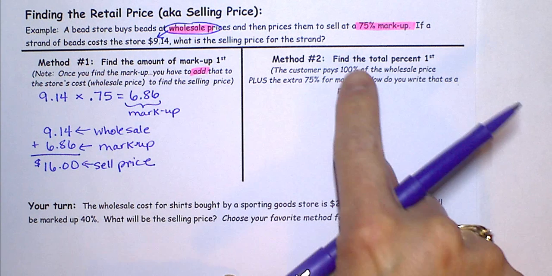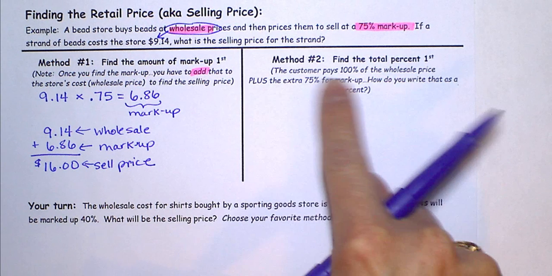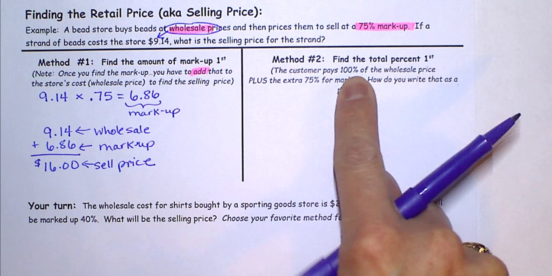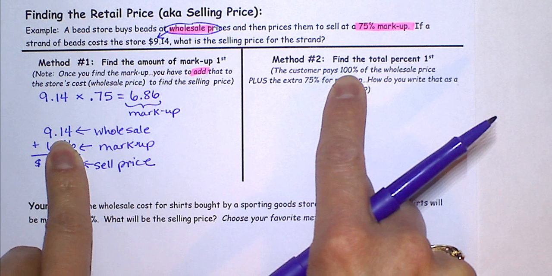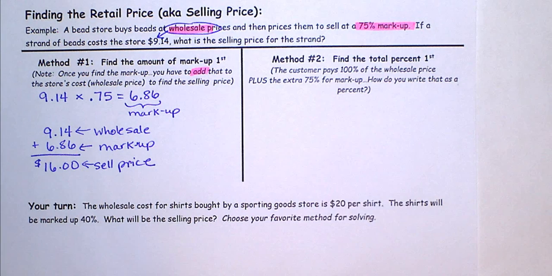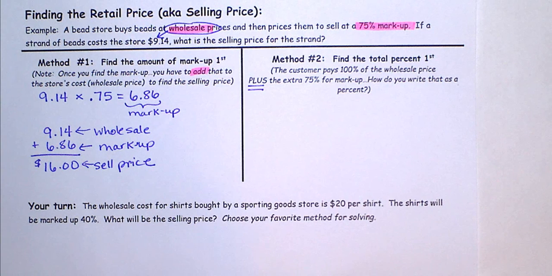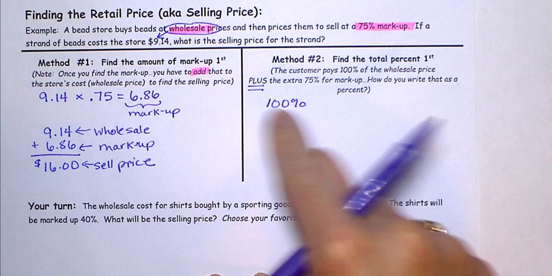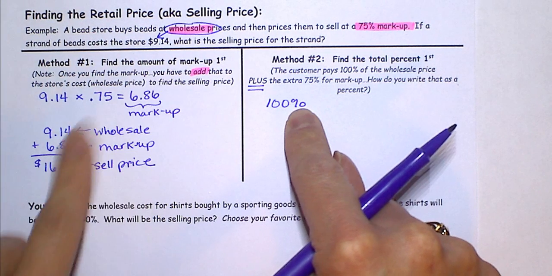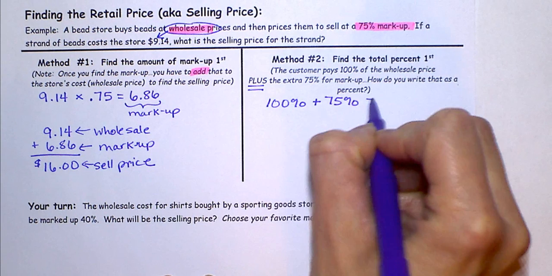So we're going to find the total percent first. So here's a little note that I made. The customer pays 100% of the wholesale price. So that means you are paying the $9.14. So that's what the 100% means, is you have to pay $9.14 plus, so here's another key word, the extra 75% for markup. So let's figure out this. How do you write that as a percent? So we have to pay 100% of the price, so that's the $9.14, plus we want 75% of that price